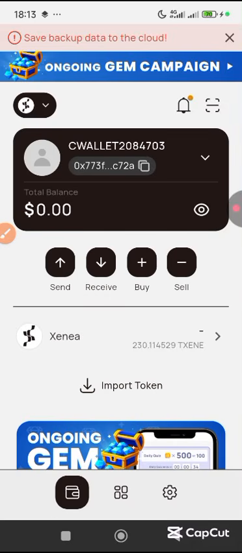In this video, I'm going to show you how you can restore and regain access to your XENEA wallet account. You remember there was a time I did a video where they updated the XENEA wallet app and I showed you how to save a particular QR code just in case you're being logged out. In this video, I'm actually going to be showing you how to use it